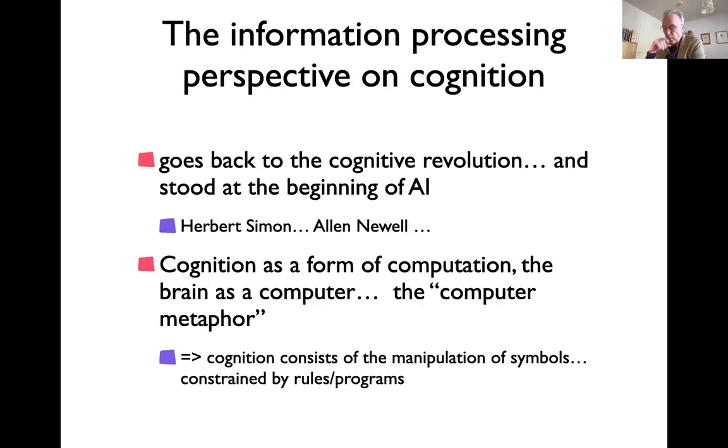Okay. Now I wanted to elaborate a little more on this computer metaphor image. It's called in English really the information processing perspective. I think in German, Informationsverarbeitung is sometimes meant in a more general sense. So some people will say the nervous system does that, but don't really subscribe to the computer metaphor.